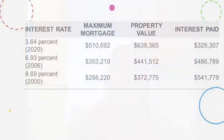As you can see, the chart I have illustrates this perfectly. And what we're going to do is put that into the chat box in just a second. But what it does is, as interest rates rise, if you've planned to purchase a home within the national median price range,